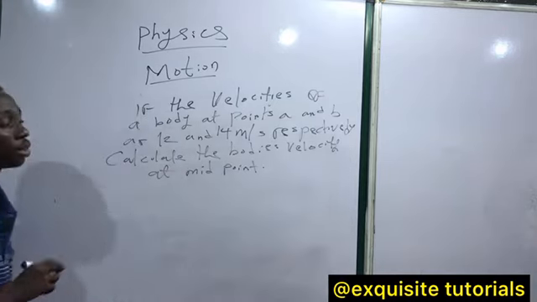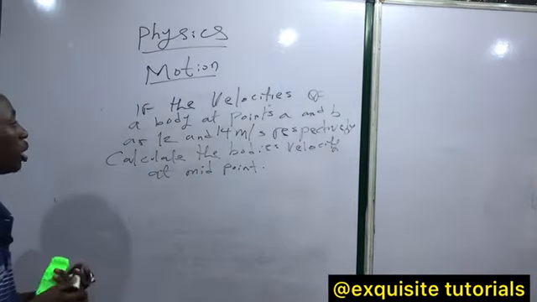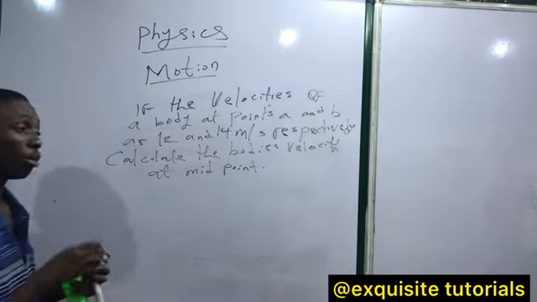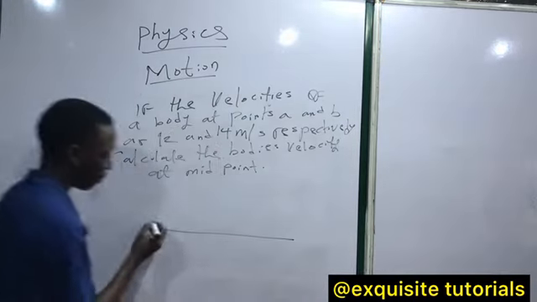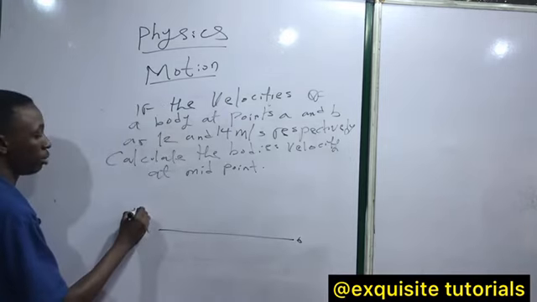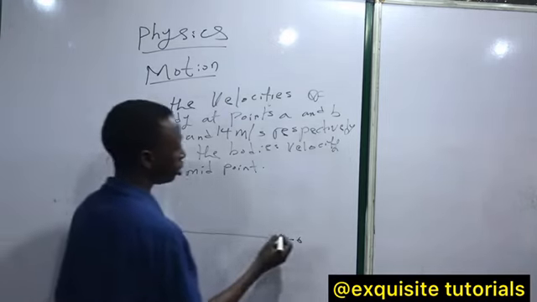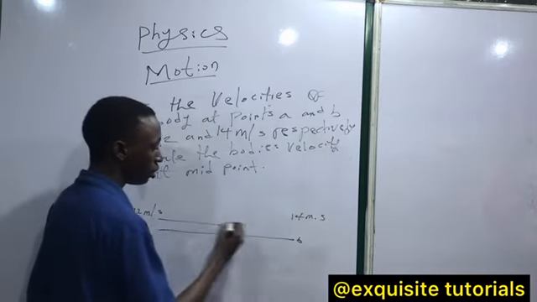Now let's say we have a question like this. The velocities of a body at points A and B are 12 and 14 meters per second respectively. Calculate the body's velocity at the midpoint. Let's have a diagram. This is A, this is B. They said the velocity here is 12 meters per second, and the velocity here is 14 meters per second. What they are asking us to do is to find the velocity